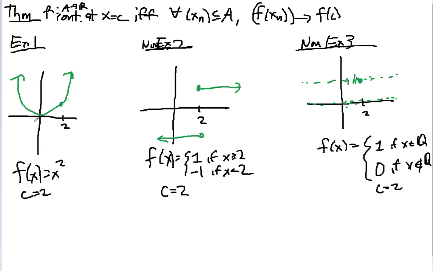Let's take a look at an example here. f of x equals x squared. That's continuous at the point 2. What does that mean? That means if you take any sequence, 1, 2, 3, 4, 5, 6, and so on and so forth, that is converging to 2,